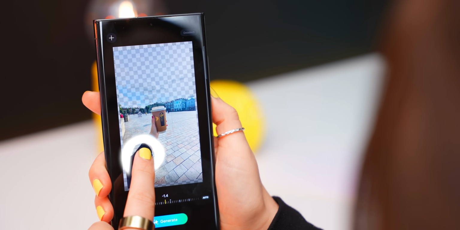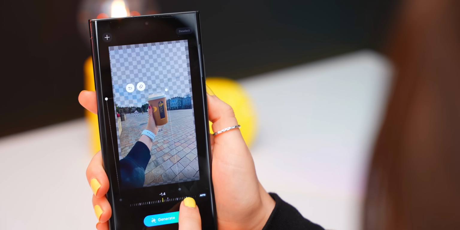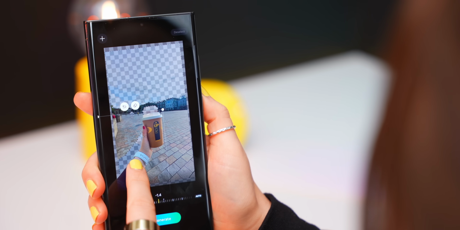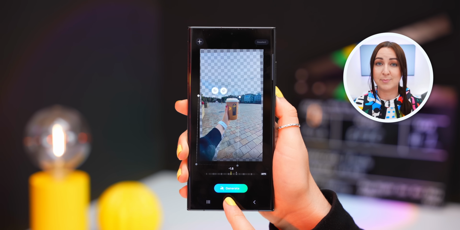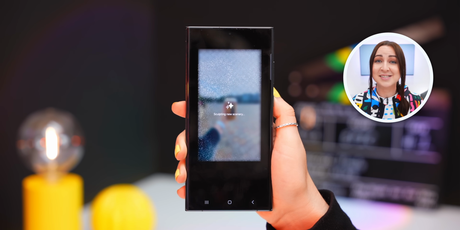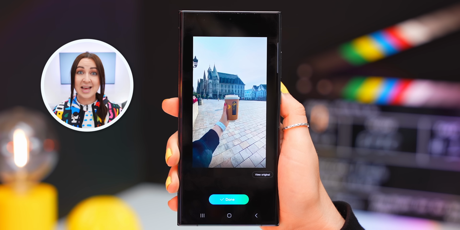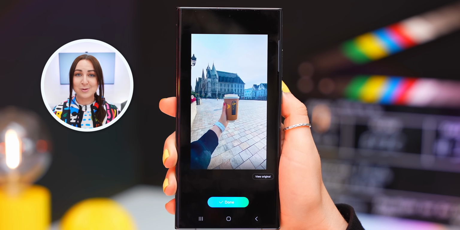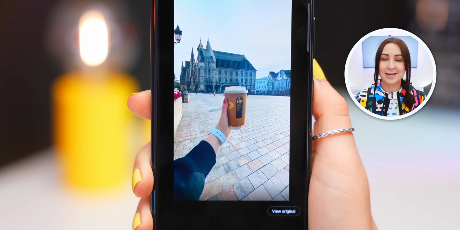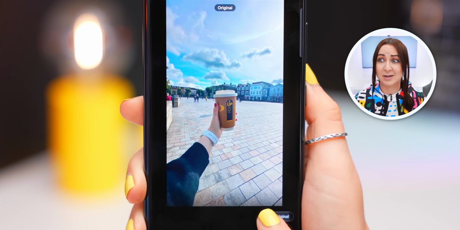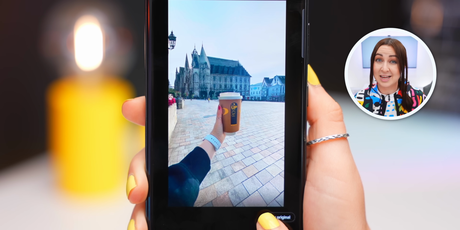You can also select objects and instead of erase them, resize them or reposition them in the image. And once you're done with all your tweaks, you just hit this generate button and in a few seconds, bam! Galaxy AI creatively fills in all those gaps and creates a fairly unique image every time. It may not be perfect just yet, but can you imagine what it might be like in a year from now? It's crazy just how fast this all happens now, but what if we wanted to take it